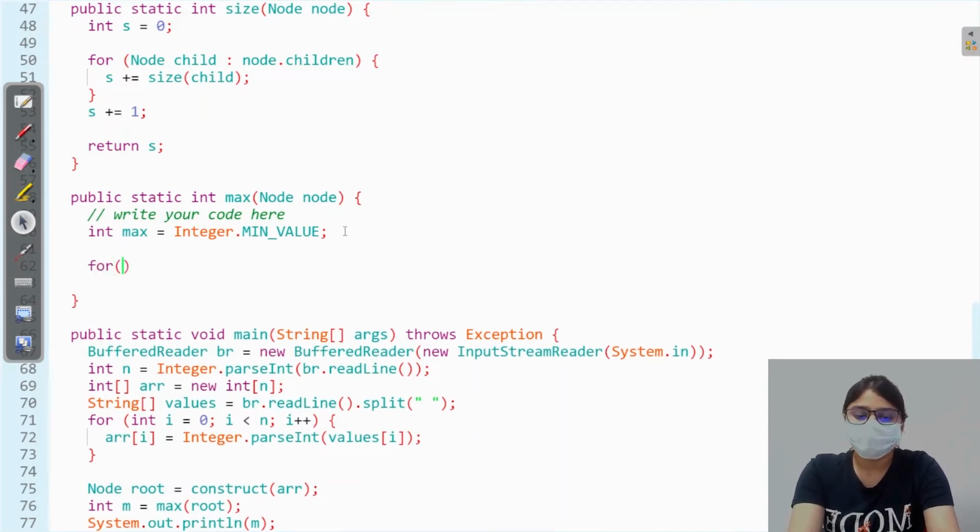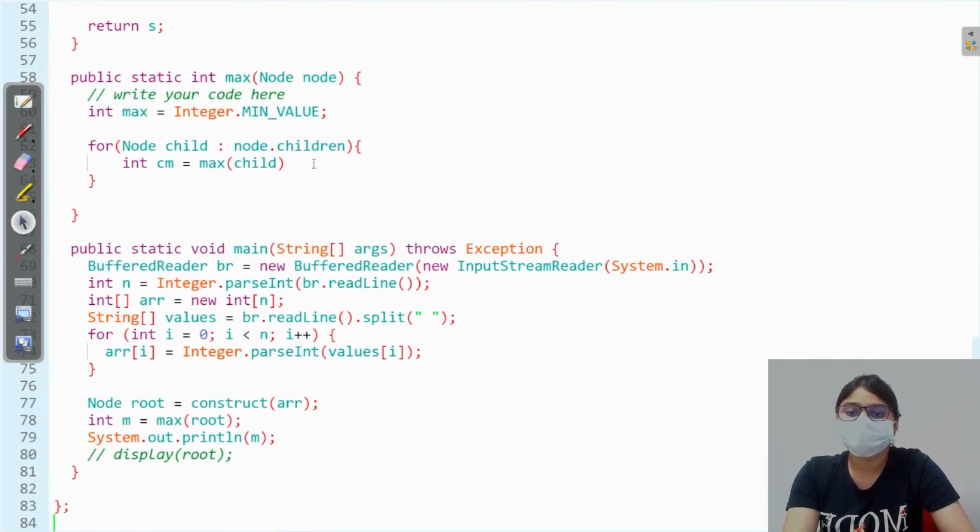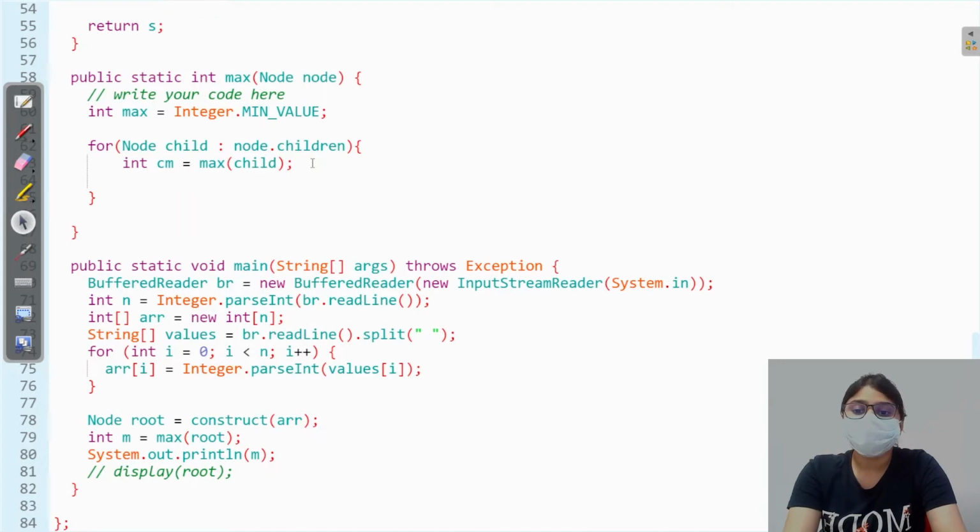Now what we'll do is, we'll just make a call for all the children. Child node dot children. We'll just ask them for the maximum value, max of child. What we'll do is, we'll just compare this maximum of children with our maximum value.